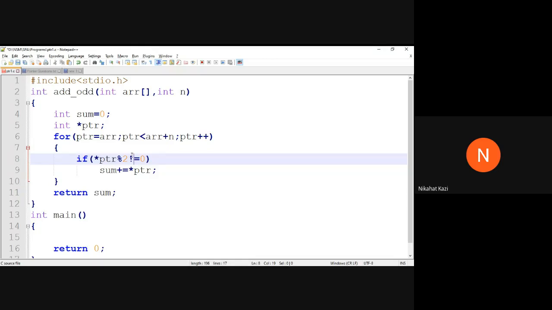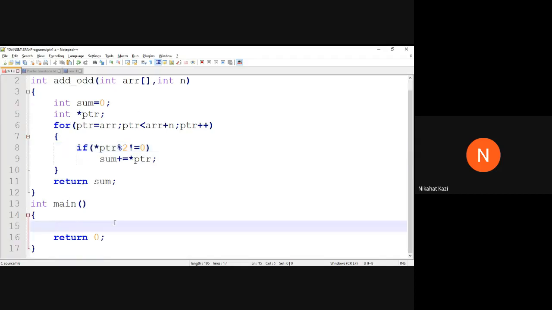So this completes your function, and let us write a call for this function. Quickly, we will declare some arbitrary array inside main just to test run the function. I'll call it some other name, with elements 4, 5, 6, 7, 8, 9, 10. From this array, it should pick up all the odd elements and give you the sum of these elements.